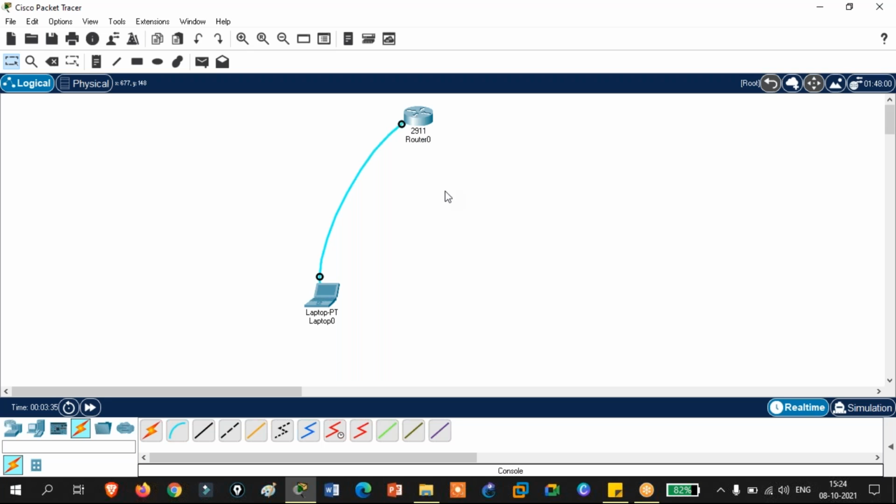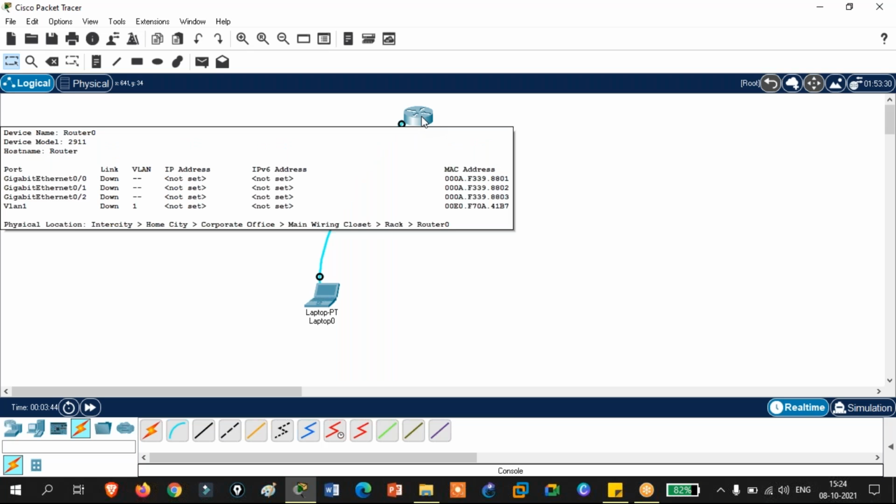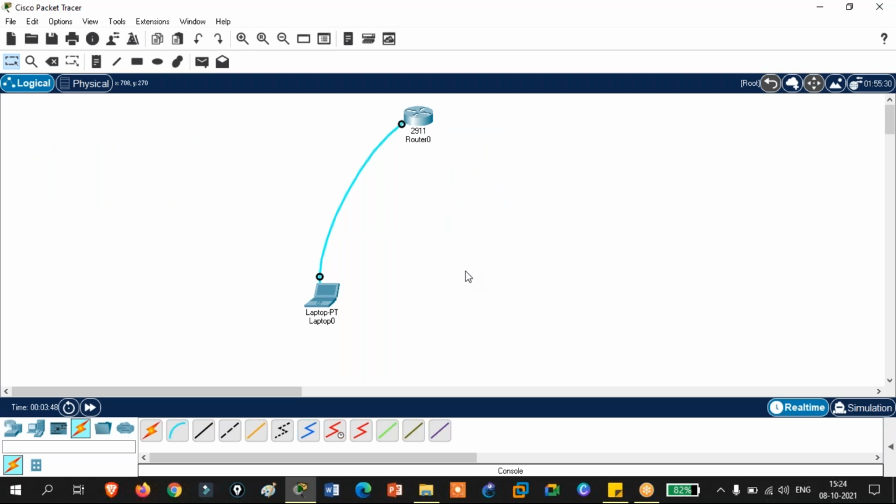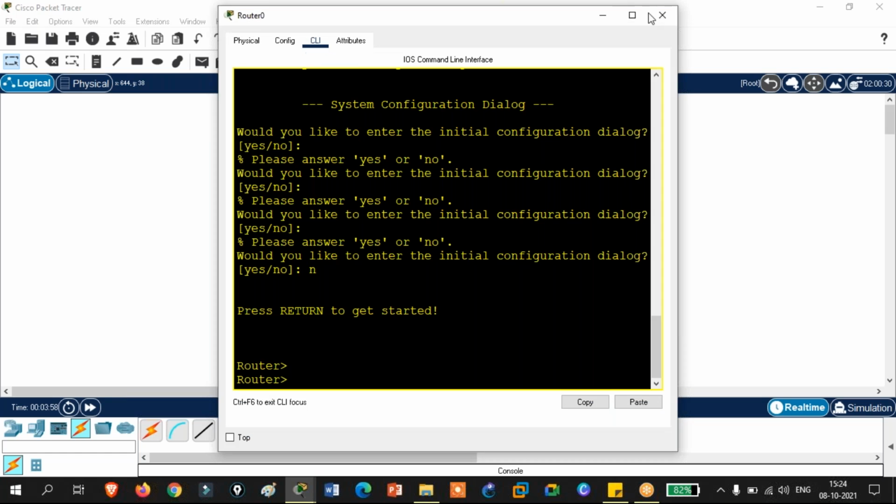What you can do is apply a password on the physical port, the console port. If they want to change the configuration of the router console, you can protect that by configuring a password. So only the people who have the password can get access, and other people cannot. That's why we have the password.